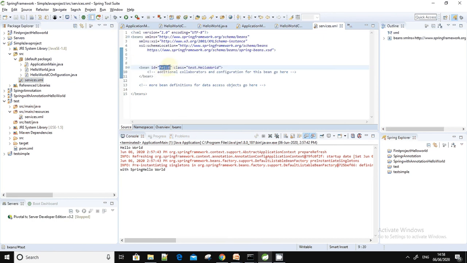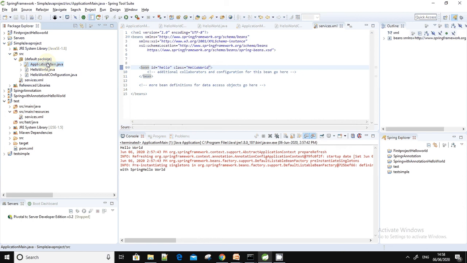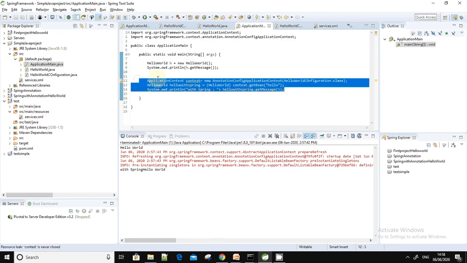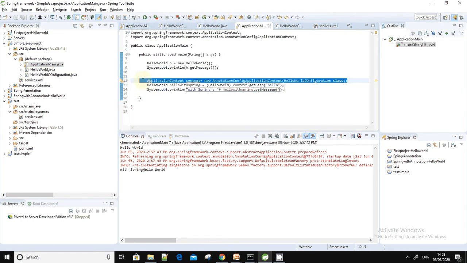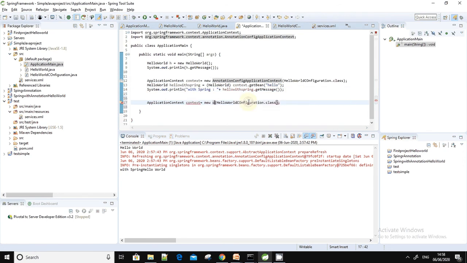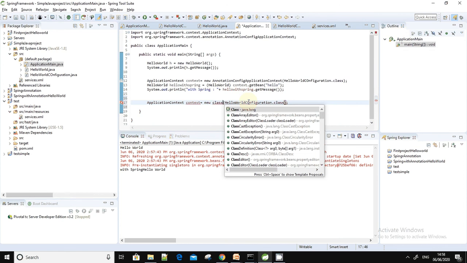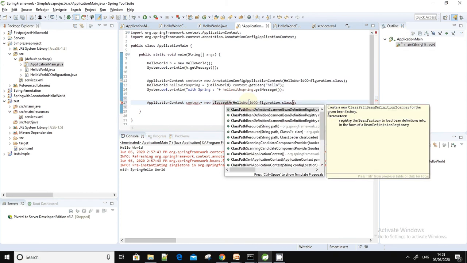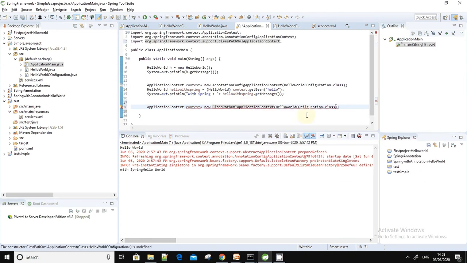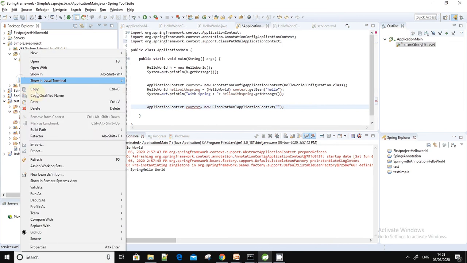Again, I am using hello, and the class name is hello world, which we have created here. Then for using that, I have to use another application context. So I'm copying it and putting it. Here I have to use the class path XML application context, and instead of this configuration class, I have to pass the file name of this services.